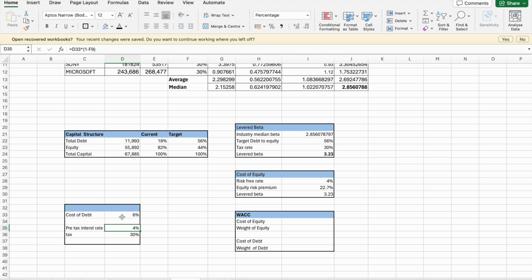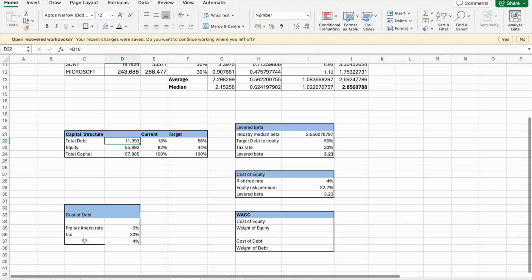I think I labeled it wrong, so this will go there. Pre-tax is 6% and cost of debt would be 4%, which takes into account the tax rate